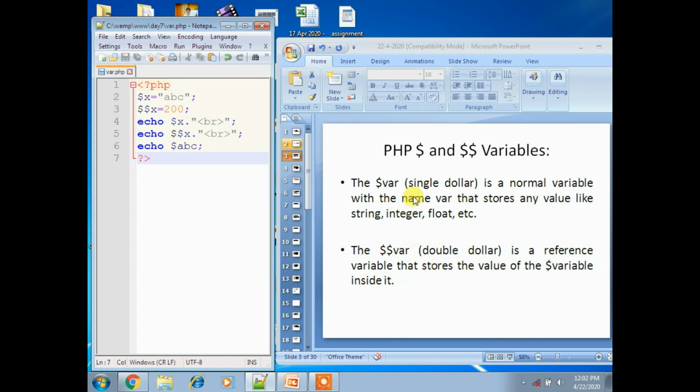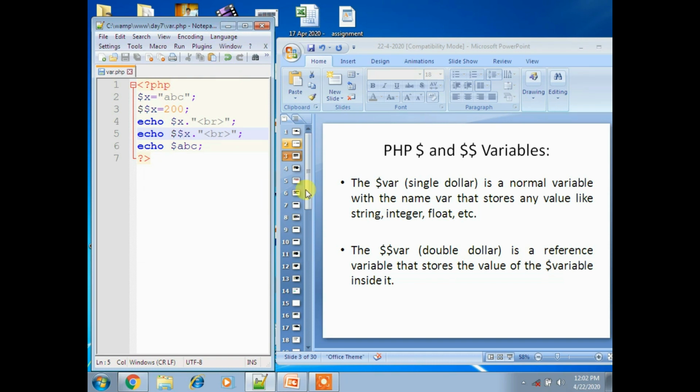Okay, so first the single dollar, double dollar. Single dollar is a normal variable with a name that stores any value like string, integer, float, etc. And double dollar is a reference variable that stores the value of a dollar variable inside it. Here it indicates single dollar and double dollar.